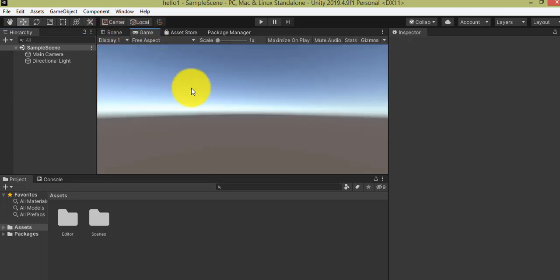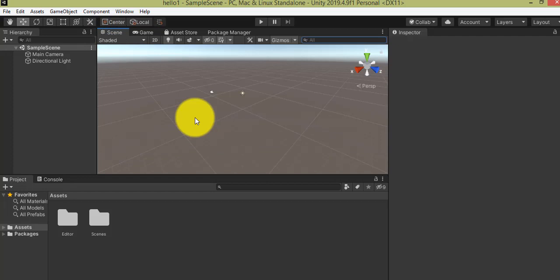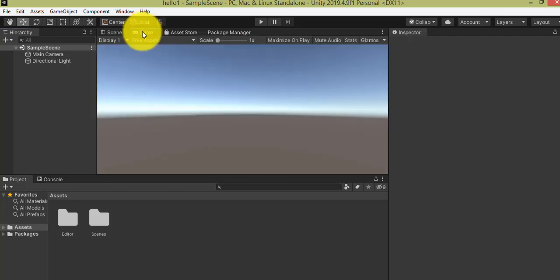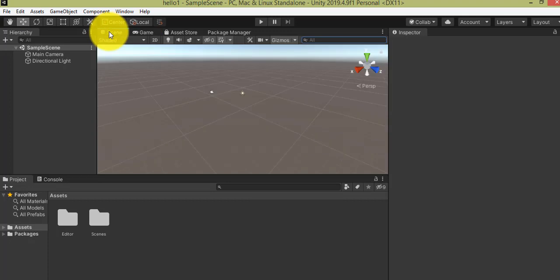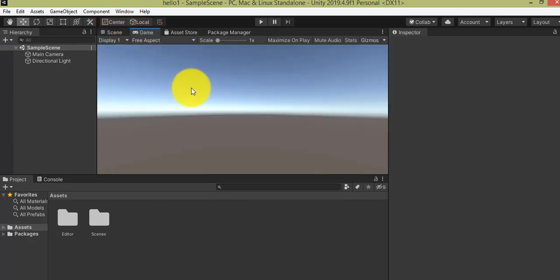The first one is the scene panel. This is one of the important panels in Unity because here you can see the different objects that you have created. You can also create the whole game or the whole scene here. The scene is a panel where you can add an object or you can scale it, and you can change its position and rotation.